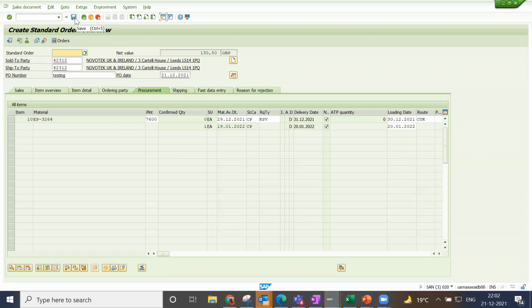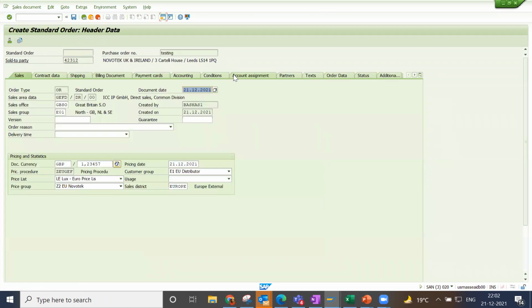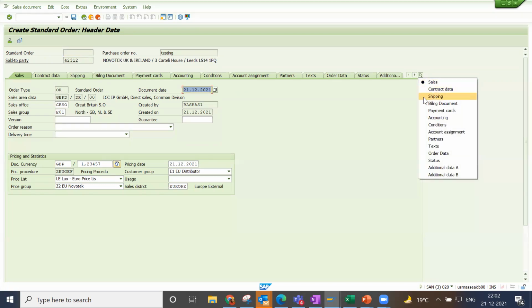Let me save the sales order. So we have some mandatory fields before the sales order creation, which we need to maintain. We'll show you how it updates MD04 as well.